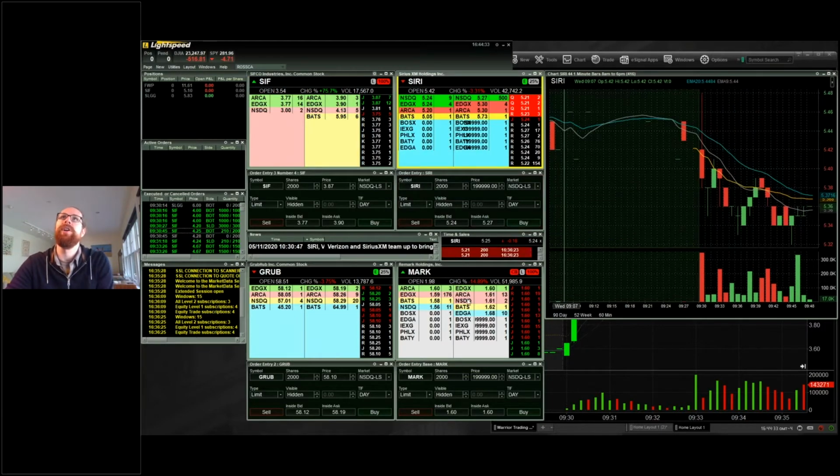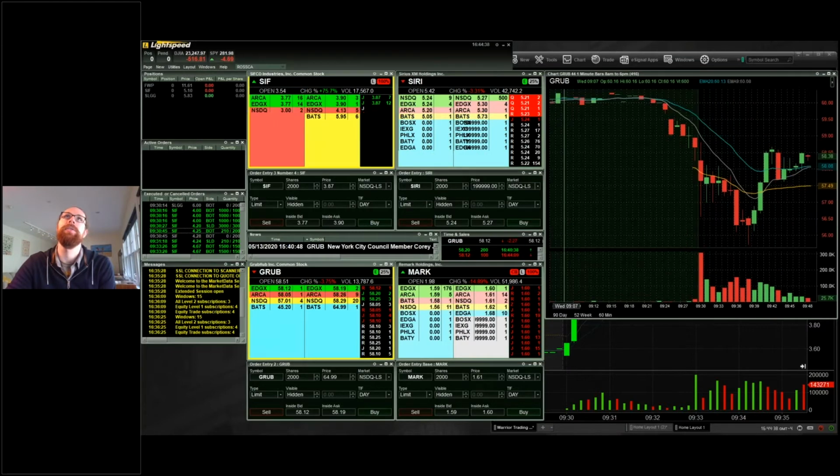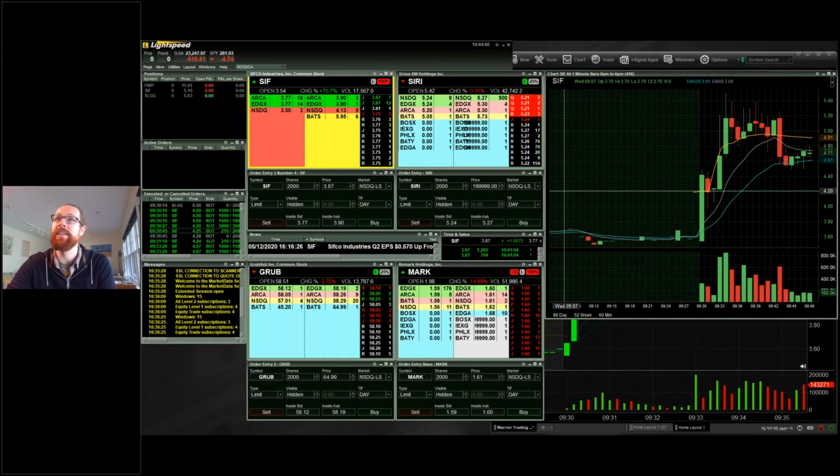And so now you can see whichever one is in focus is very obvious, right? Because it stands out with the color. So there's no mistakenly executing hotkeys on the wrong window. Now, in terms of my position window here, something that I started doing just recently was actually hiding my profit